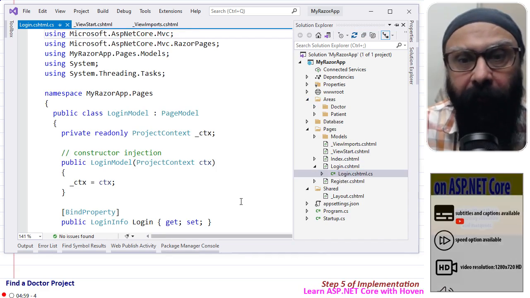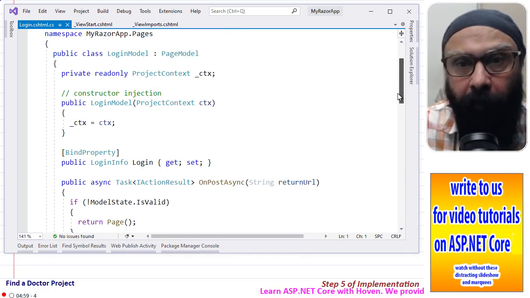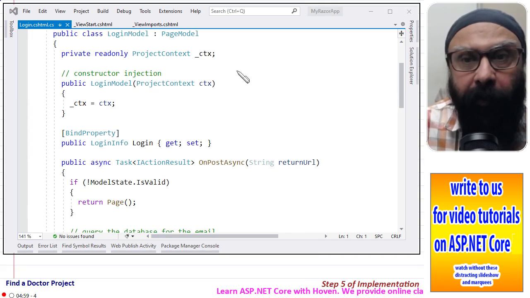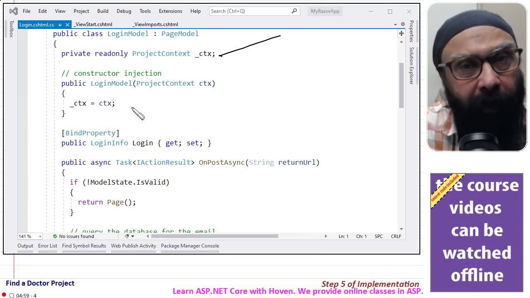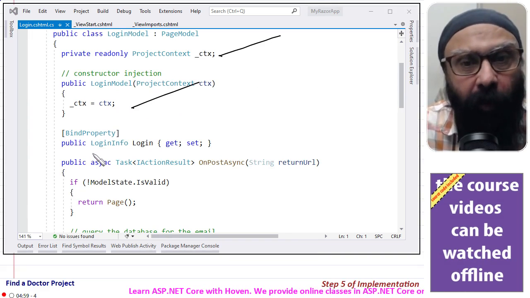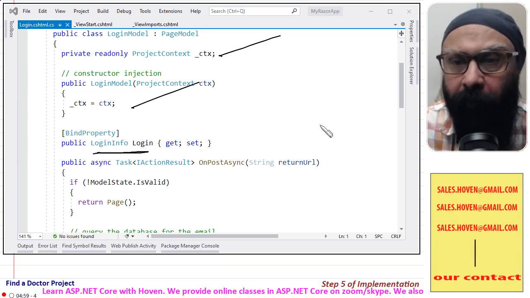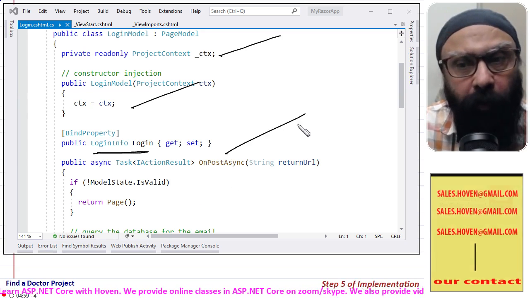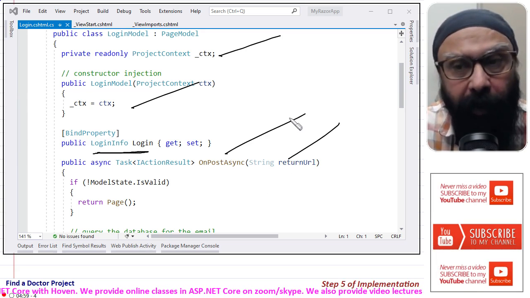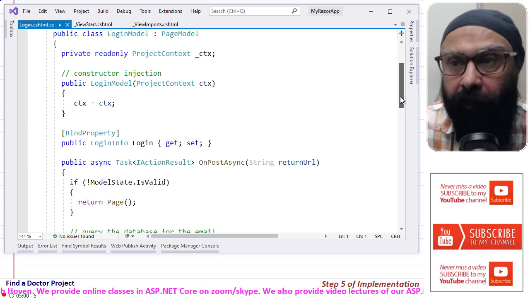Double click it. If you remember, the dependency injection we already completed, then the login info bind property was also used. This we did quite earlier. And then we had this OnPostAsync, the return URL.